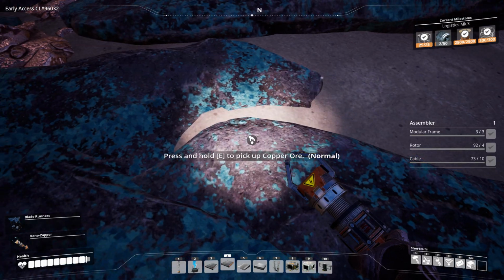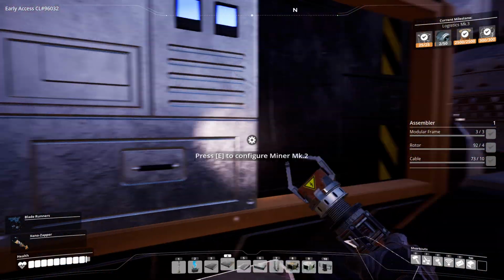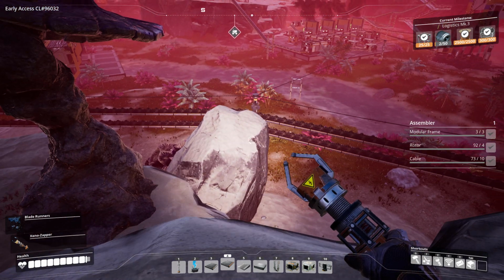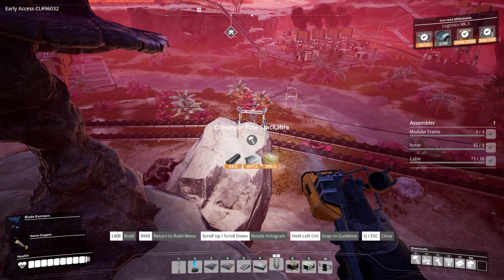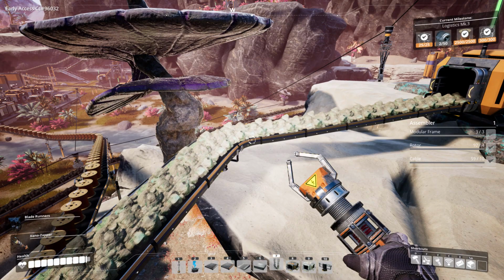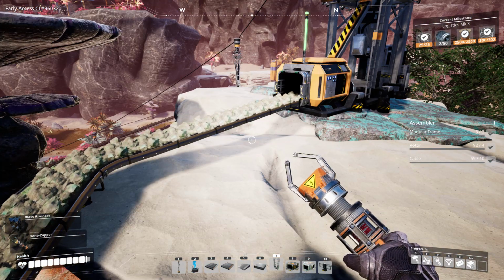And this was a normal copper, so we only get 120 out of this, right? Yep. But I think we can go down to this rock here, maybe? Okay, guys, we're back. I started building like a huge base because I've got 120 copper coming out of here,